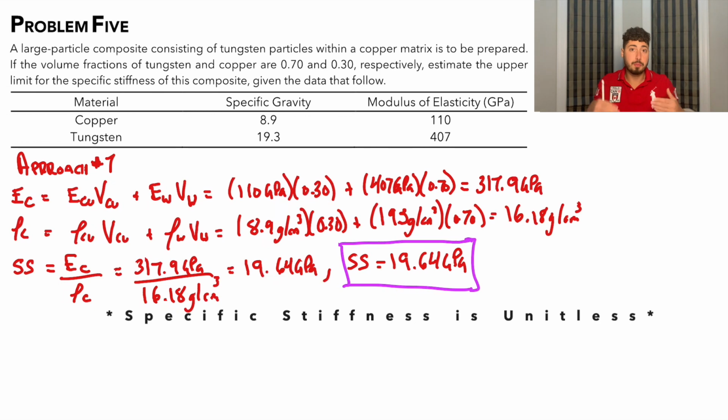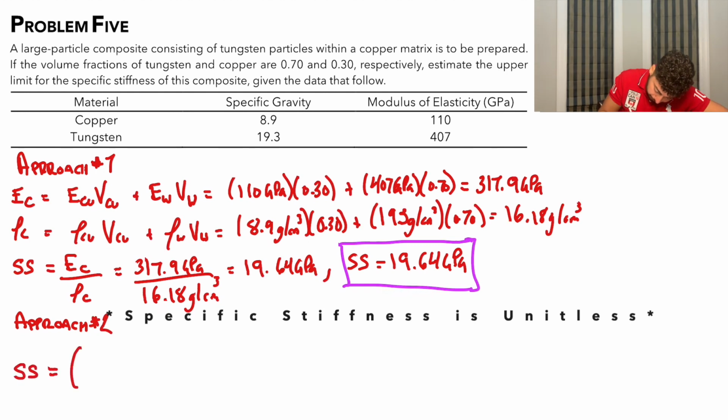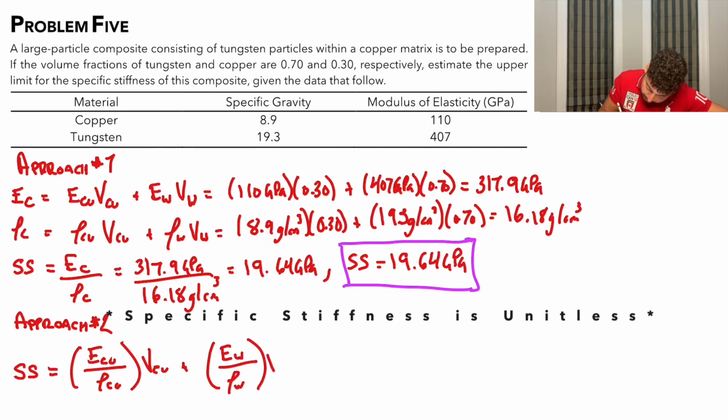So now let's move on to approach number 2. Approach number 2 uses a simple rule of mixture again, but we do it all in one step. So this is approach number 2. We can say that our specific stiffness is equal to our Young's modulus of copper divided by the density of copper times the volume fraction of copper plus the Young's modulus of tungsten divided by the density of tungsten times the volume fraction of tungsten. And that's going to be equal to